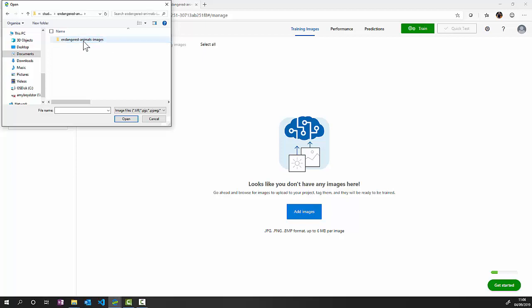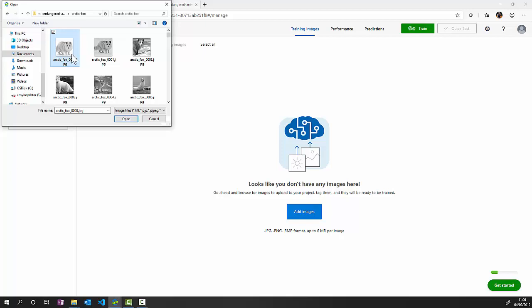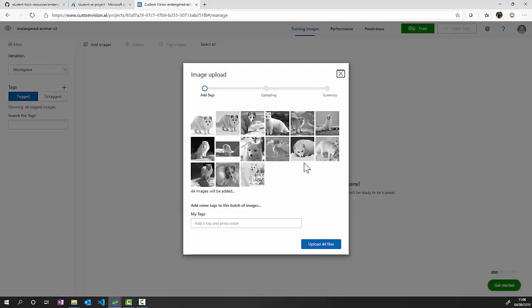We can see here we've got our extracted image folder. If I go into Arctic fox, and I choose the first 45 images and click open,